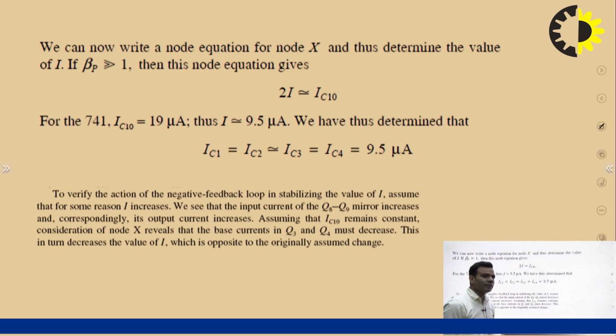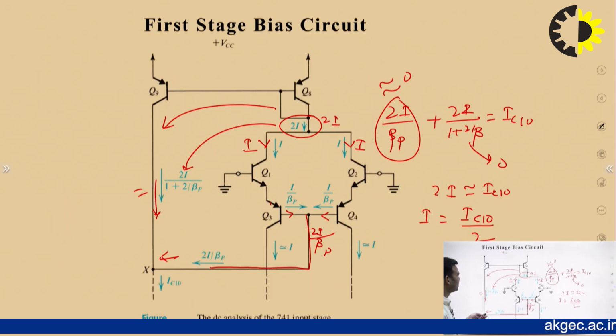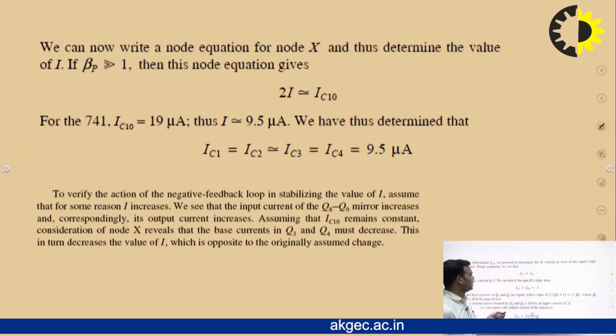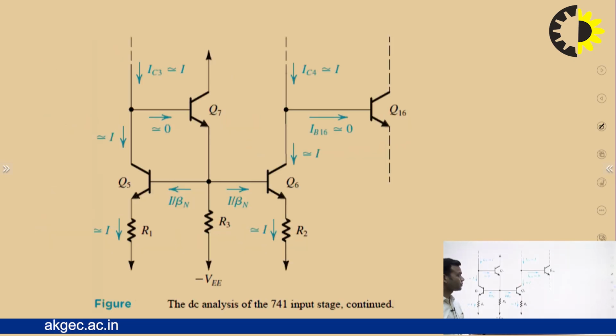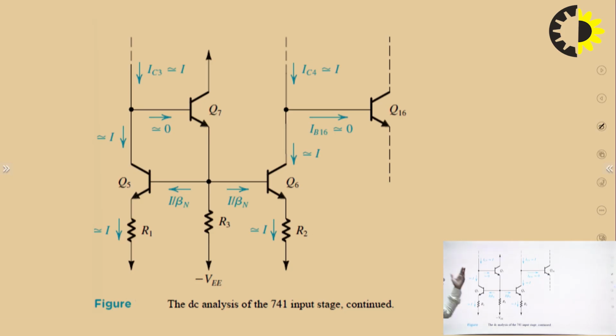After this, you can go back and see the current flowing through transistor 1 is considered as IC1, IC2, IC3, IC4 like that. So we can simply write that IC1 is equal to IC2 is equal to IC3 is equal to IC4, which will be equal to 9.5 microampere. Now if you move further downward to the first stage, this is Q7, Q5, Q6, and this is the second stage that is going to